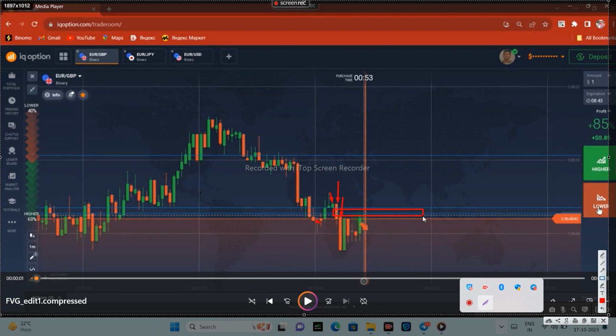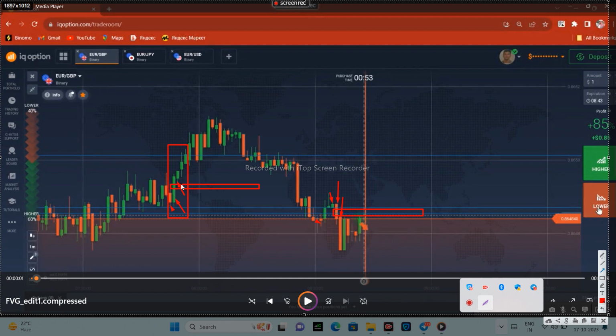And one more example we will take of fair value gap. Here the fair value gap is from this tip to this tip of the wick. First candle, second candle, and third candle. This is our first candle, this is second candle, and this is third candle. Here the first candle is green one, and here the first candle is red one. The gap in between the